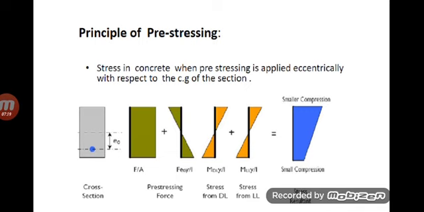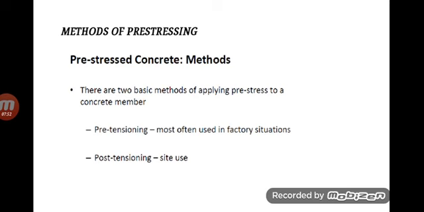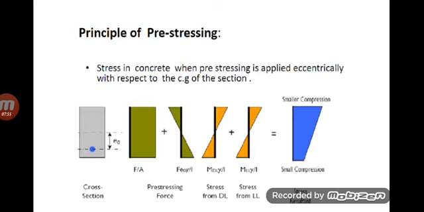So now what are all the forces and stresses that will be there? The axial stress F by A we have already seen. In addition to that, there will be a bending stress also, which is due to the pre-stressing force because of the eccentricity. The other two things we already know: the stress due to dead load plus the stress due to live load. If we add these four things, we will get the resultant stress diagram. There will be a smaller compression and smaller tension. There is a mistake in the diagram: the top one is the smaller compression, the bottom is the smaller tension. So here we reduce tension to some extent.